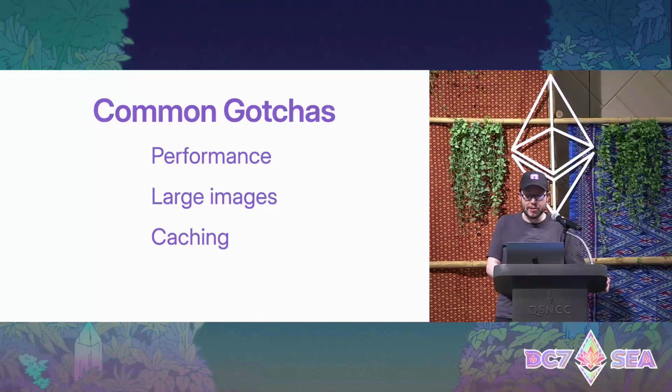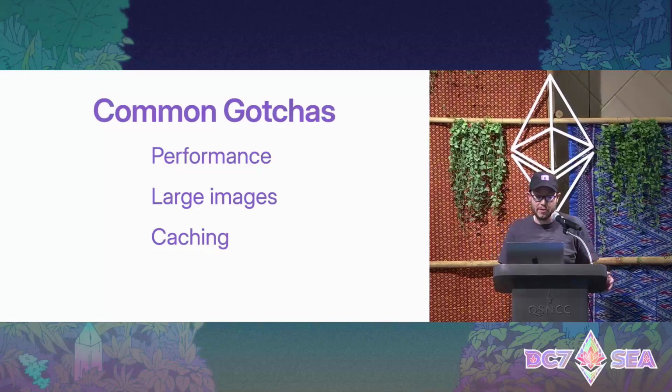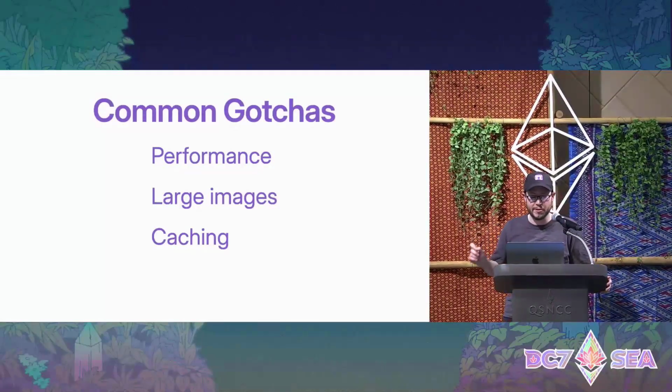The second common gotcha is large images. We do enforce a 10 megabyte limit on image size. If you're not careful, you can exceed that easily. The other more subtle but common gotcha here is building very complex user interfaces using some of the main frame frameworks. Frog and Frames.js, which are the two main frame libraries, can have trouble rendering very complicated JSX that has a lot of components.